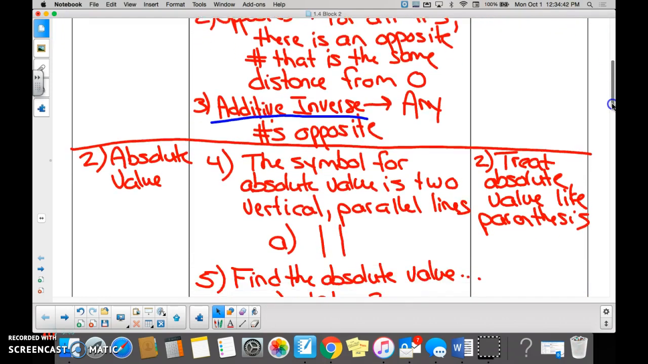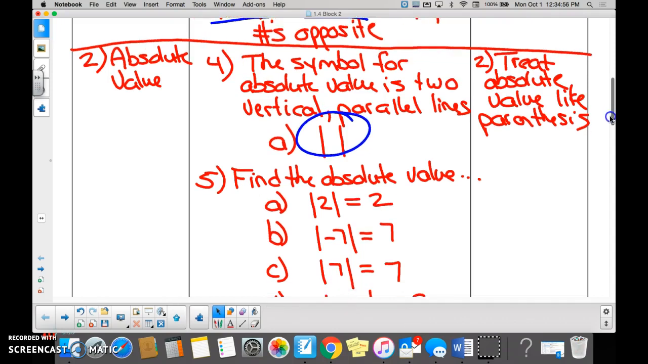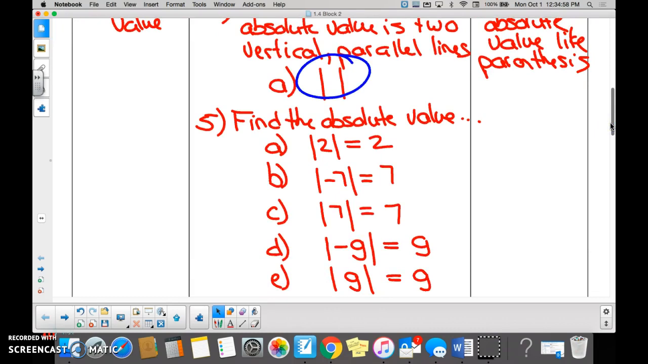All right, absolute value. You guys know the symbol. Can someone describe the symbol for absolute value? Who can describe it? Really loud, Saraji. Two parallel lines. Two parallel lines that run which directions? Vertically. They run vertically, so that means up and down, right? Yep. Okay, so then anytime you have two vertical parallel lines and a number inside, we know we have to